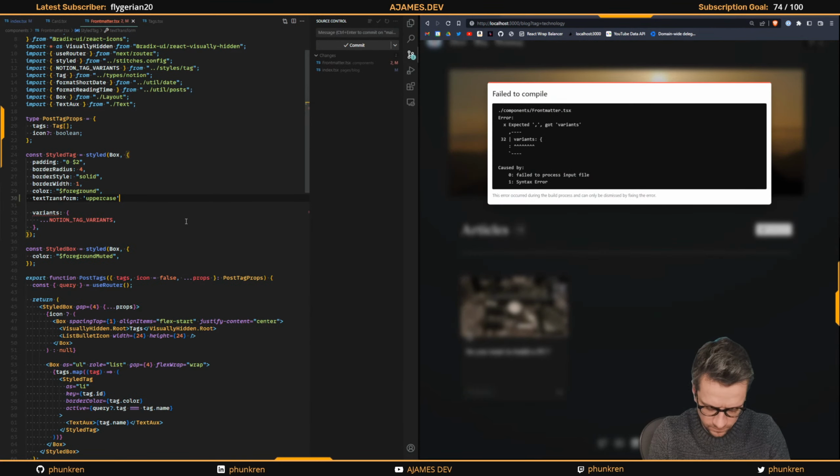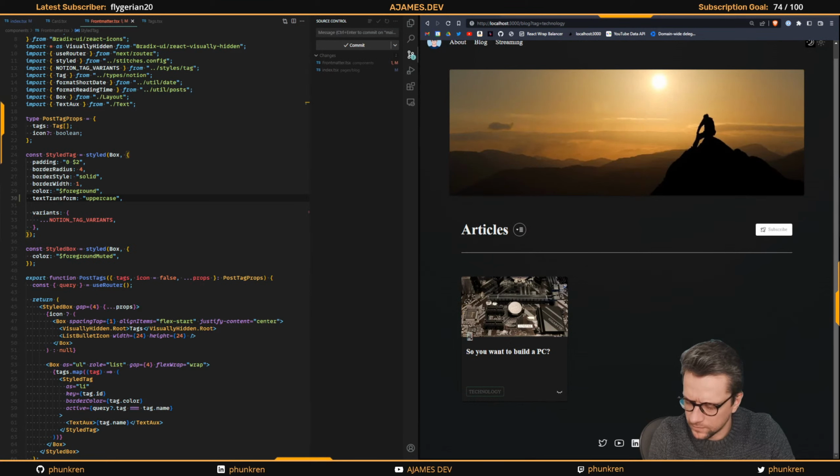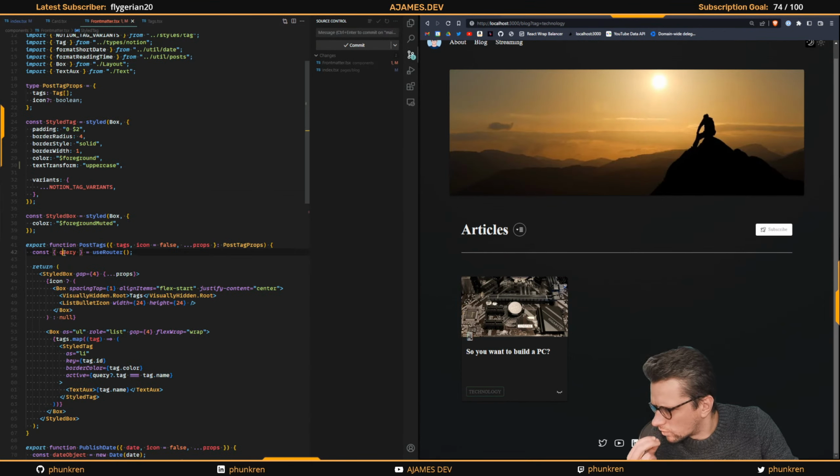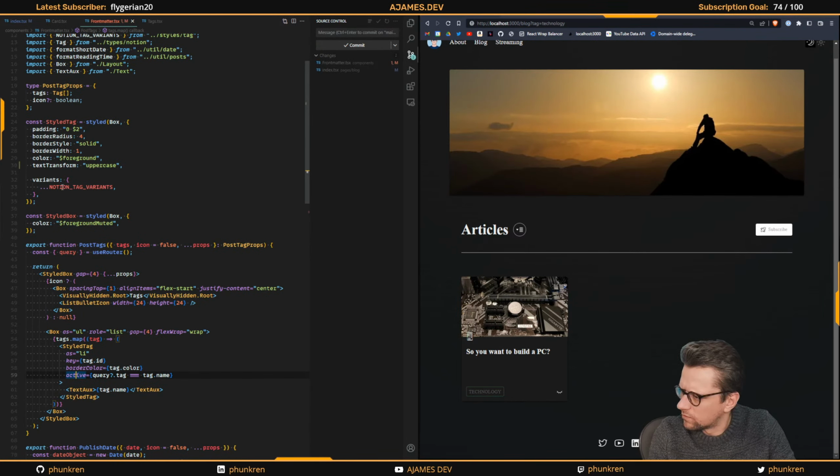There we go. And how could I check if I've got the query? Ah, here we go, I've got an active. Oh, nice. Variants, notion tag, if it's active. If the query tag equals the tag's name,